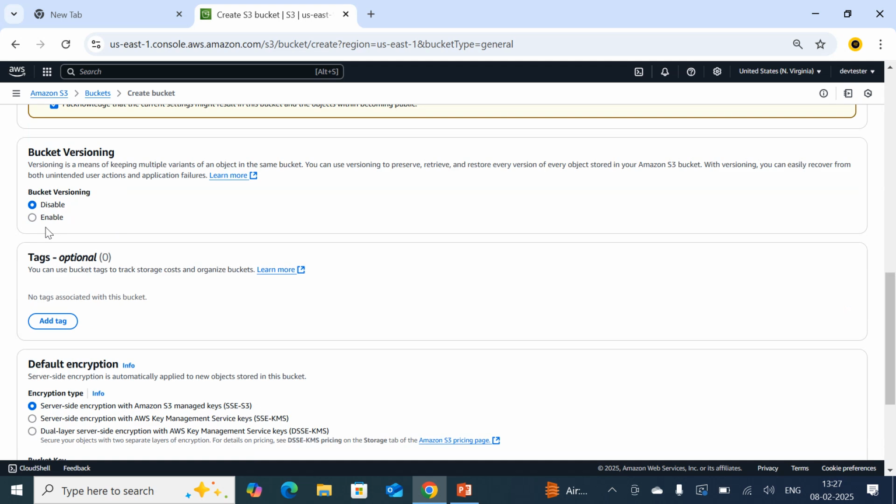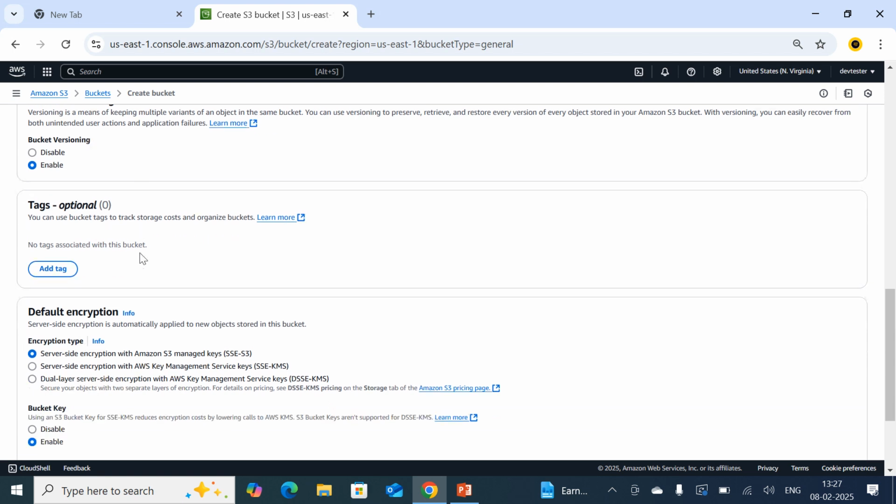And bucket versioning. So coming to bucket versioning, as you know, what is the purpose of versioning? If I want to maintain multiple versions of the same file, I am going to use bucket versioning. By default it is in disabled mode only. Suppose if I want, I can enable it, and once the bucket has been created, it is going to be enabled with the bucket version. So we can't disable the version. Suppose if I want to disable the version, I can suspend it. I can't disable it.